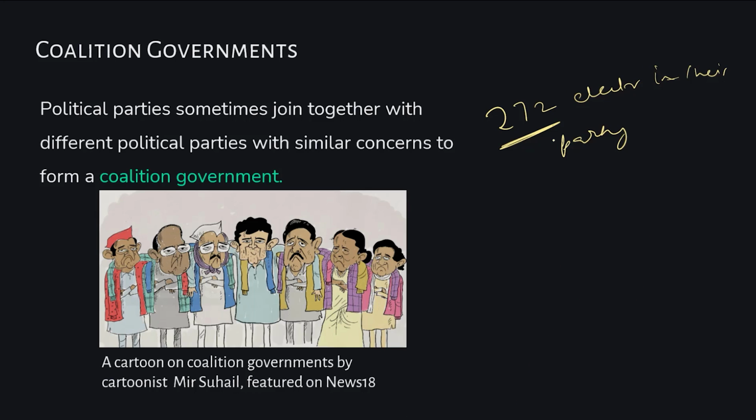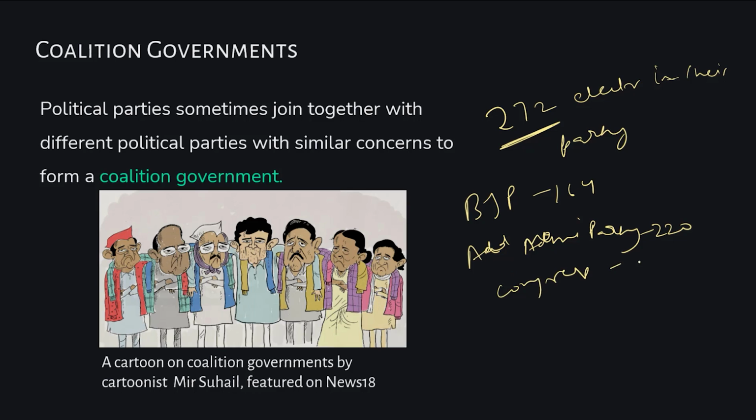So in this case we assumed that Aam Aadmi Party got 220 votes and BJP got 164 votes, and the Congress, let's assume that there are only 3 parties, gets, let's say, 5 elected representatives, 5 MPs. So even though Aam Aadmi Party is in majority and the second one is BJP,